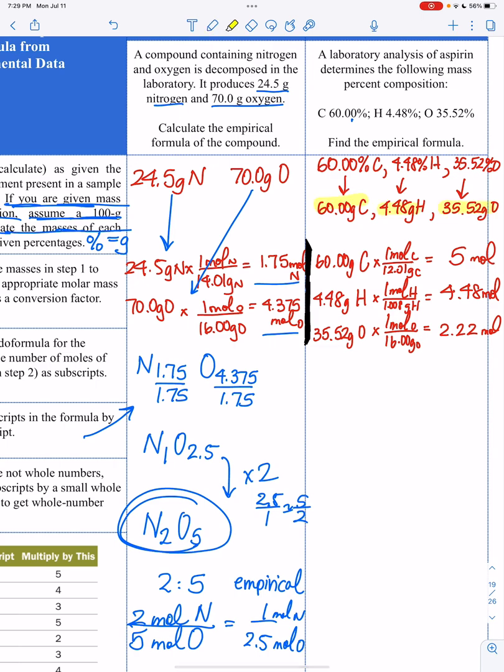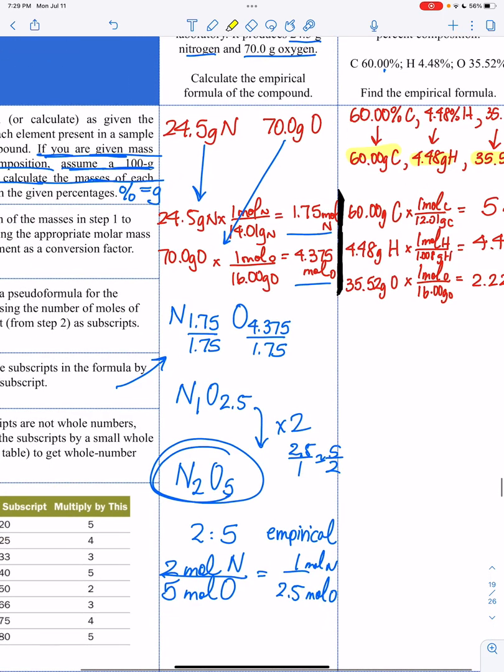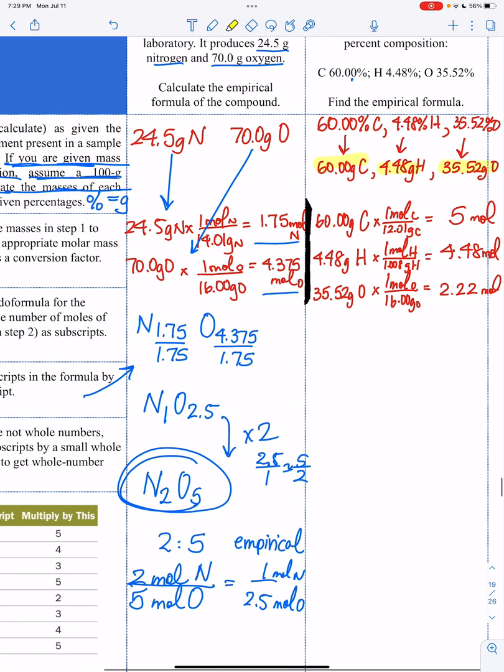Right, so here I am in the steps that I know before. Then my next step is converting those grams to moles, and I did that already. Divide by the molar mass. I get 5 moles carbon, about 4.48 moles hydrogen, and about 2.22 moles of oxygen. Right, so carbon, hydrogen, oxygen. I'll write a pseudo formula, C5 H4.48 O2.22, and I'm going to divide all of them by the smallest moles. It is obvious that my smallest moles here is 2.22. I'll divide all of them by 2.22, and I will get